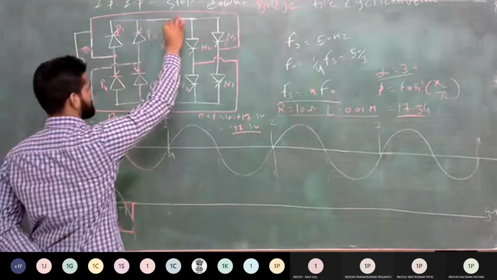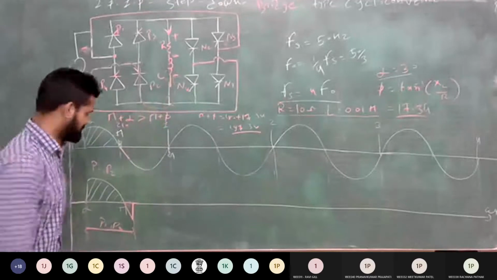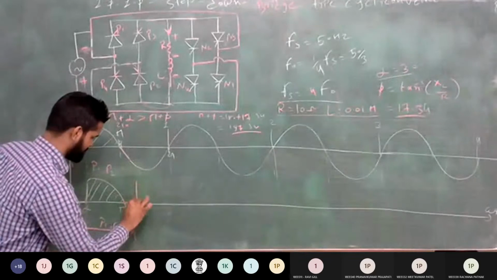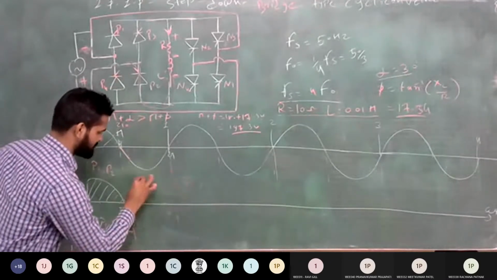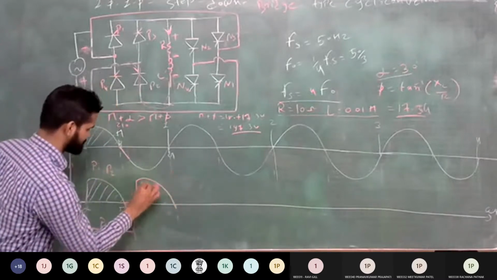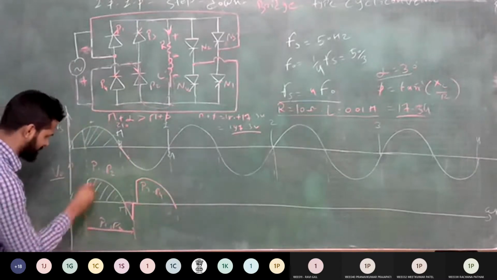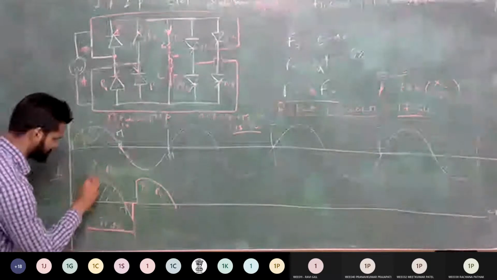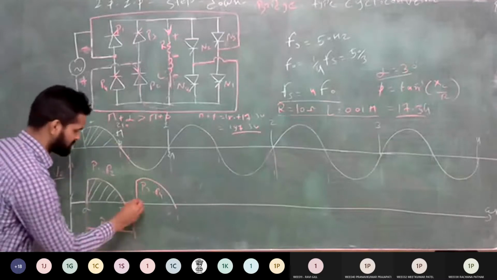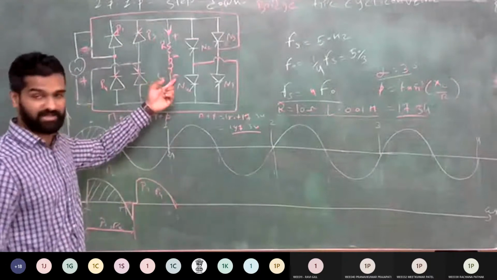So you can see the direction of current is positive and the polarity of the load voltage is also positive. Clear? So again you get the positive voltage. From pi plus alpha to 2 pi you get the output voltage same as the supply but positive, because of conduction of P3 and P4. I mark here with the red line the waveform of output voltage: first by P1, P2, then for a short period it becomes 0, then P3, P4 conduction gives the positive voltage. Again the same procedure happens because of the inductive nature of the load.